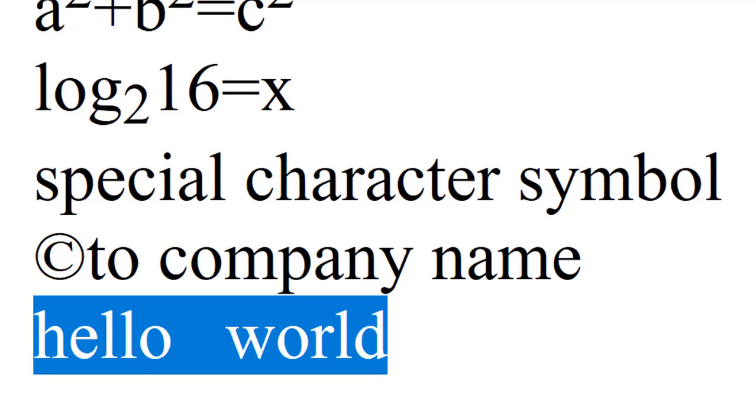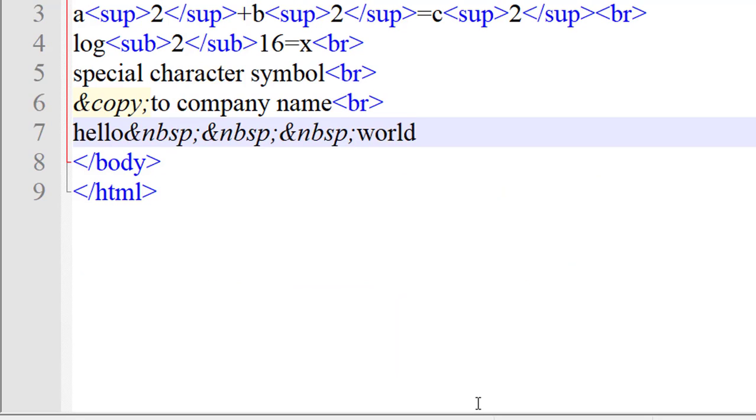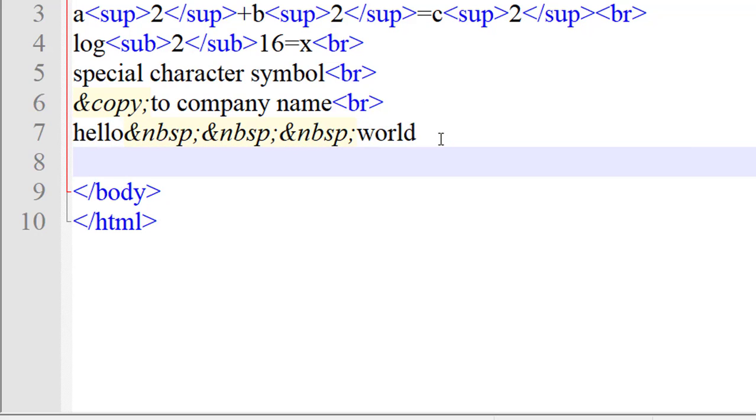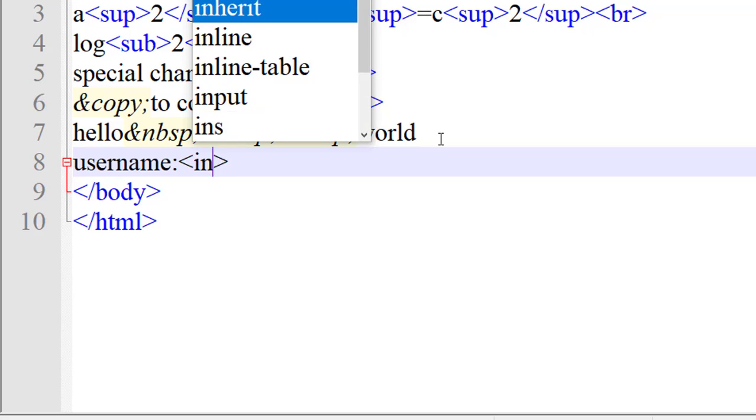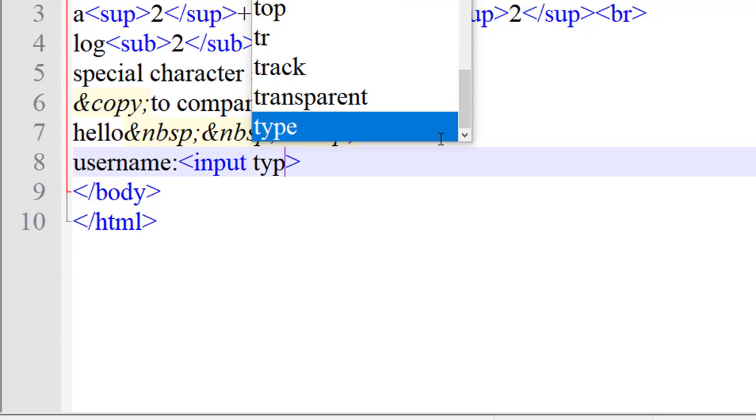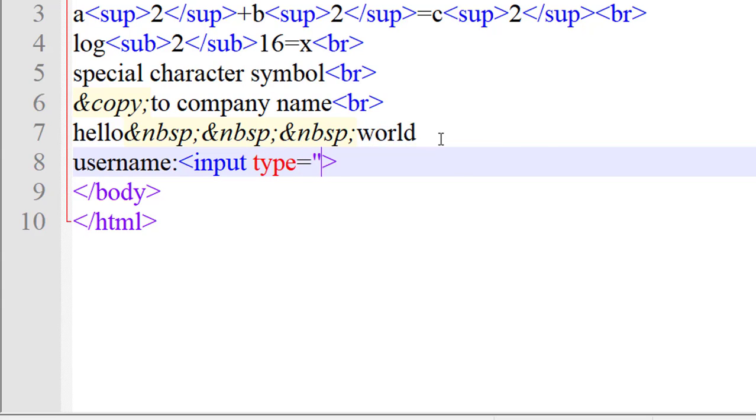Okay, now I want the text box and the label. For that, username colon, input type equals to double quote text, double quote complete, greater than sign.